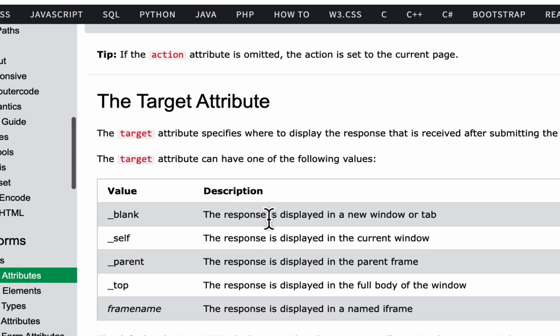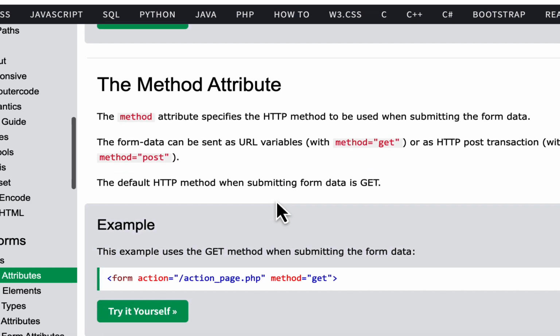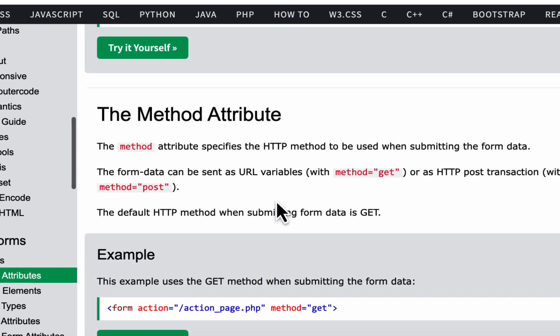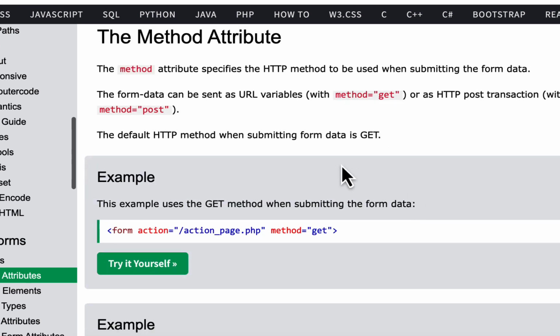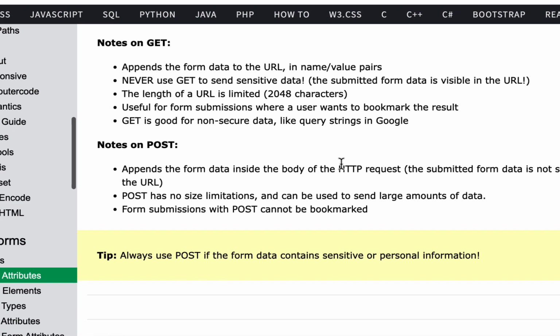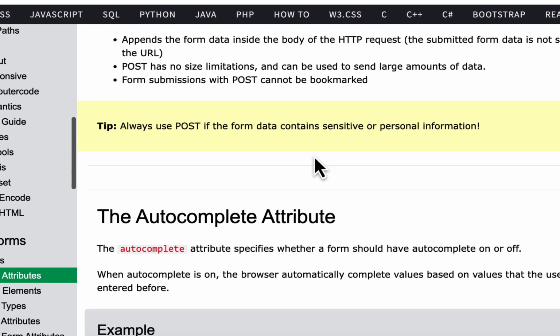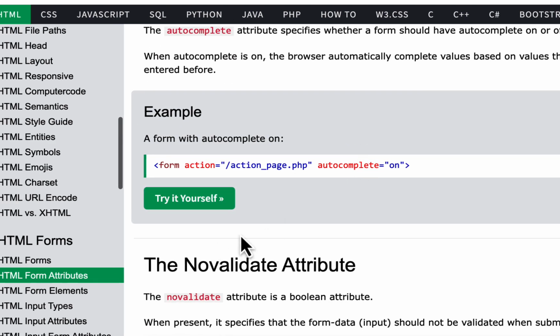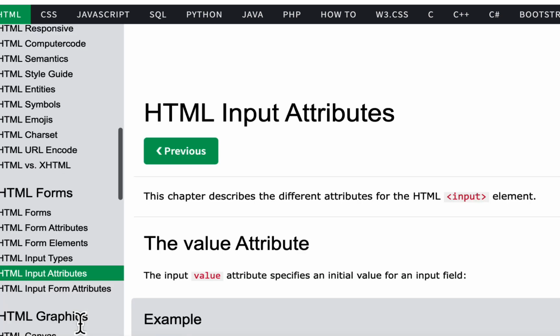You've seen the target attribute before. That makes it open up in a new window. We use that underscore blank. Method, this is good to know about. There's get and there's post. Typically post is more secure to use with a server. Get will actually embed the information into a URL. So if you see that, it's not quite as secure. So there's information here on it. Check it out. I'm not going to go through everything with you and point everything to look at, but look at the form attributes. We already looked at form elements, and also look at the input attributes, because that's where